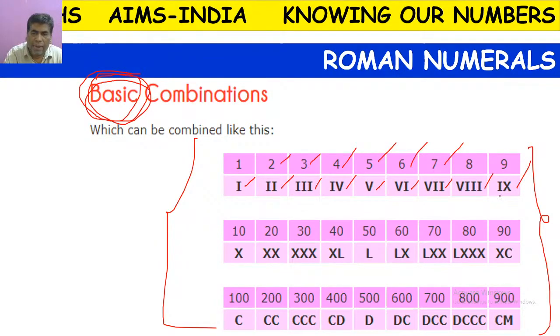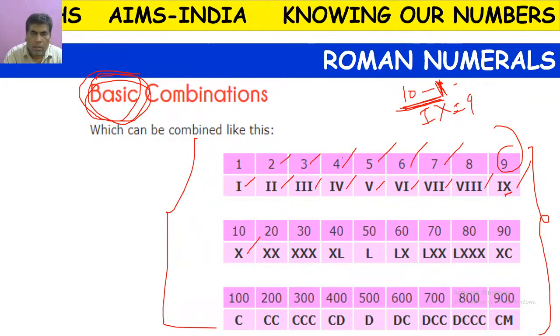From the X, I is to be subtracted. X stands for 10. What is 9 here? 10 minus 1. As we are doing subtraction, this one symbol I is to be written here, and this 10 symbol X is to be written here. So that's why 9 is written as